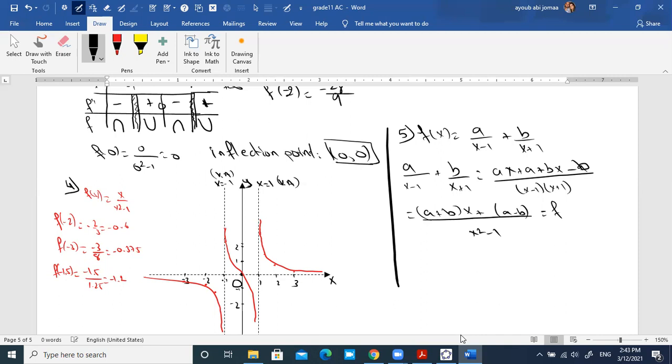If this is equal to f of x, which is x over x squared minus 1, then you get the following system: a plus b is equal to 1, and a minus b is 0, since we don't have a constant here. You may use the calculator to solve this system, or simply add: 2a equals 1, then a equals half, and then b equals half. So f of x